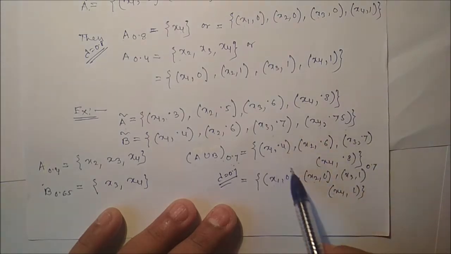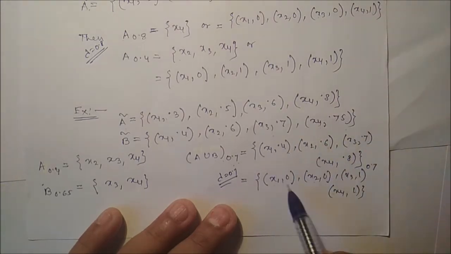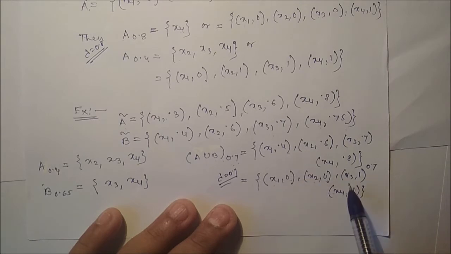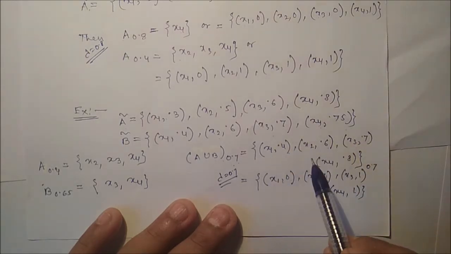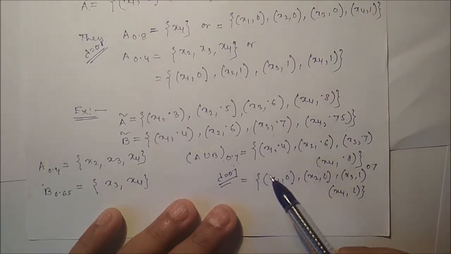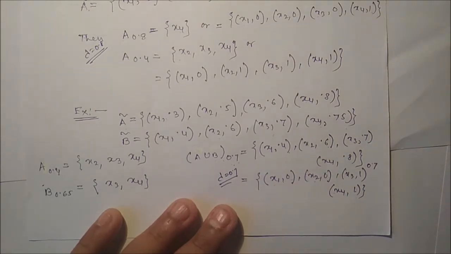In a fuzzy set the membership values are between 0 and 1. Now here the values are only 0 or 1, so that's why this is our Crisp set, whereas the earlier one is our fuzzy set. So in this way you can convert a fuzzy set to a Crisp set.